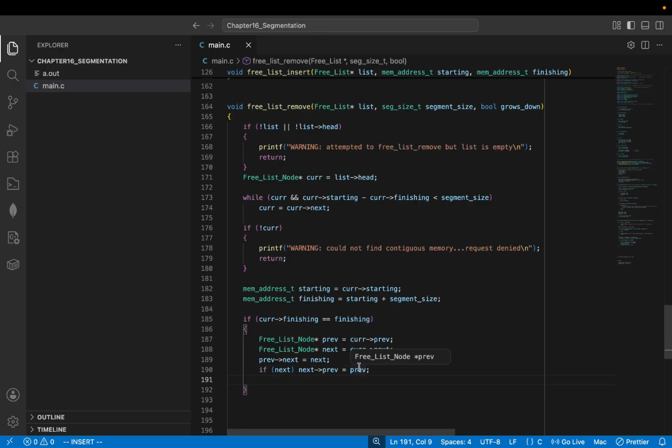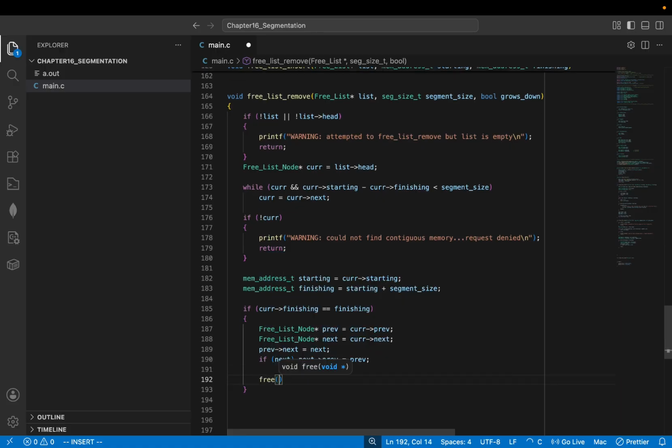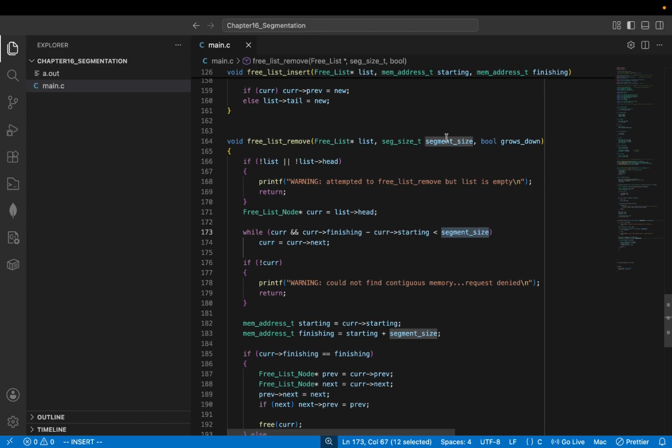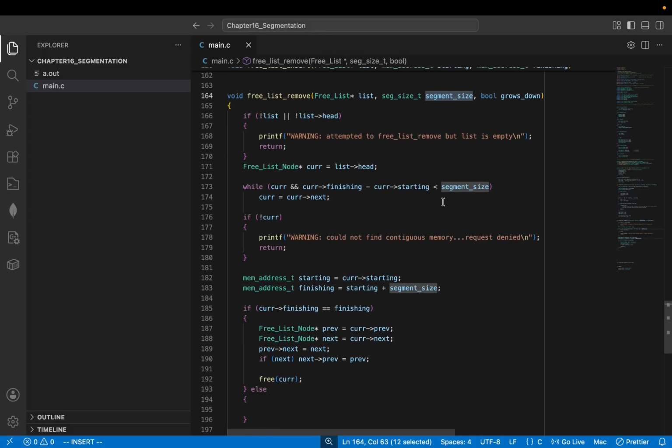And then we have to free something. Else is fine. Else, because we know finishing, because we know this interval, wait, this should be the other way around, finishing minus starting. It finished, yeah, I'm silly. Anyway, because we know that this segment size is bigger than the requested segment size,